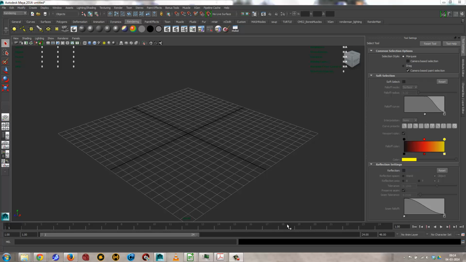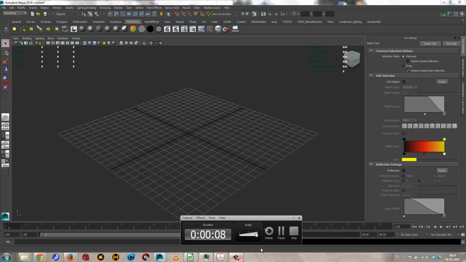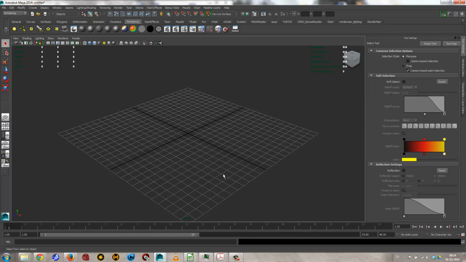I'll talk a little bit about the timing and the spacing thing that we were looking at a second ago. When we are looking at what he calls the spacing, that's essentially how the thing moves, so the feel of it. So will it be like a snap, or will it be a slow movement, or seemingly slow and controlled movement,